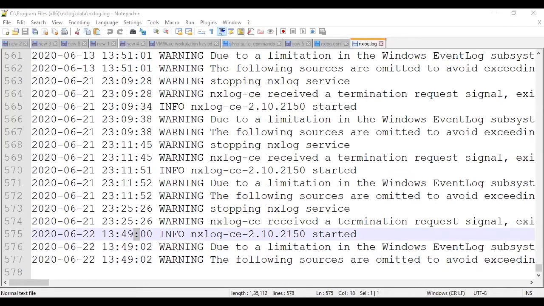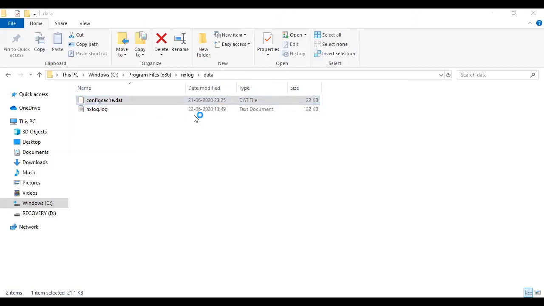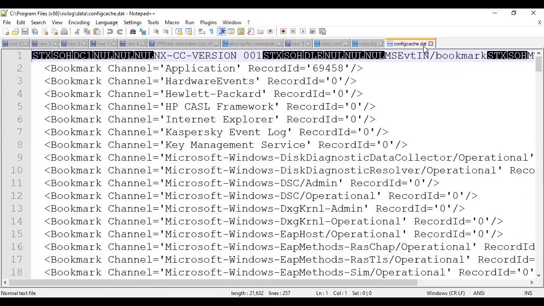And the next part is your configuration. Now, what information is provided using nxlog? This is the CE version, the free version, so it provides this. And this is HP, so HP Assistant or the kernel, all this information would be provided. If you see what is inside the dat file, that is an extension for a data file. Here it is sending information of the applications, Internet Explorer, Kaspersky event logs. It is sending data of disk diagnostic, kernel level information, or Windows log IDs or events which are getting generated. So these are being sent over here.